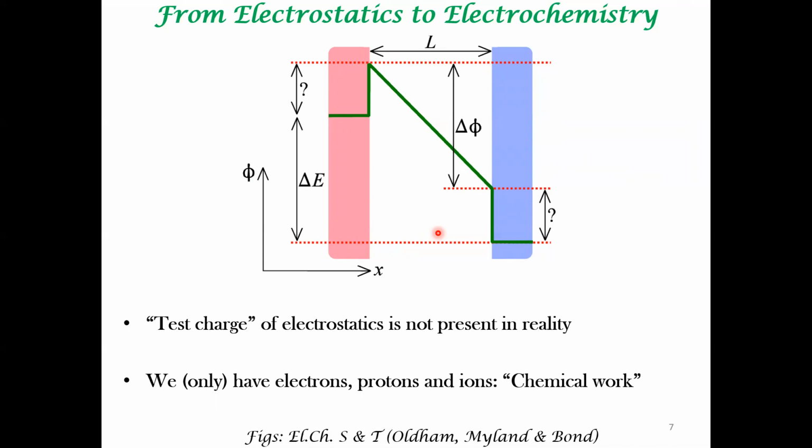All the cations and anions that are discussed in electrochemistry have some finite charge, finite size. How do you quantitatively discuss these issues? It's a deep question. We will address that to an extent, but at this point, I want you to be